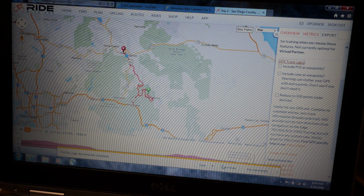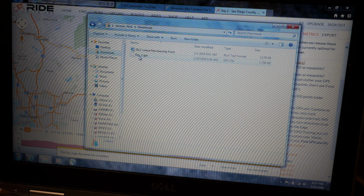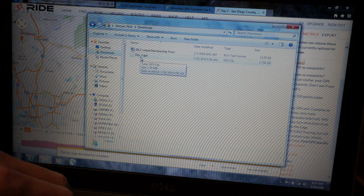My download's been completed. So then I can just open up my folders, and you can see there's the Garmin there. I can look at my downloads here. There's my day 2 GPX file. Let me open another